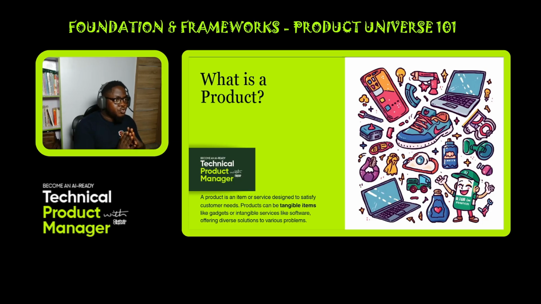So when you think of product, think of something that is solving the problem of another. Anytime you think of product again, think of something that is designed or built to solve a particular problem for a particular group or individual. Now this is the idea behind product.